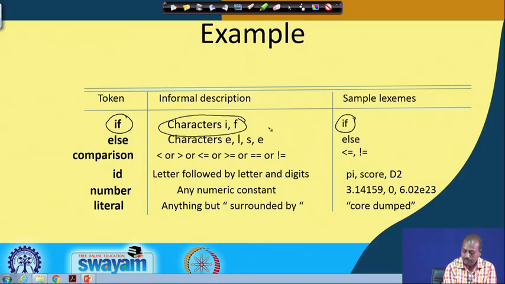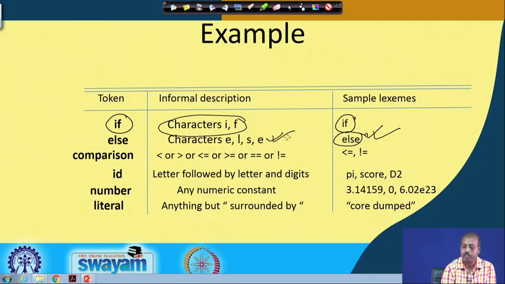Similarly, when it is the characters ELSE, the informal description of the lexeme is ELSE, these 4 characters coming together. The sample lexeme is ELSE, so this appears in the input file.